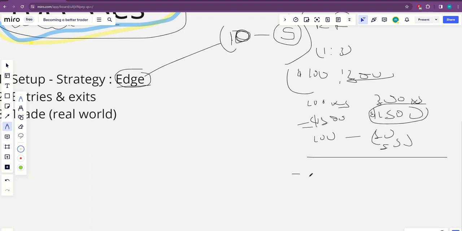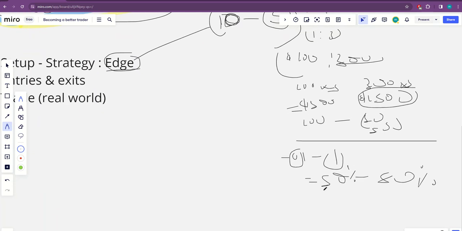Say for instance you are using a lot size of 0.1, or a lot size of 1. That simply means in the next 5 years you're not going to be using this. In the next 5 years you'll be using roughly 50 to 80 lot sizes. Why? Because your confidence level is growing. You are gaining confidence in executing your strategy. Your account balance is growing. So your experience level is growing.